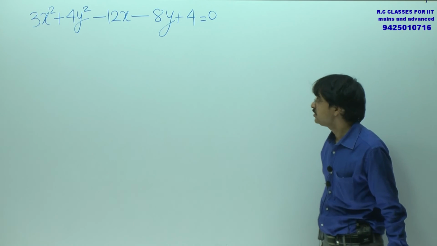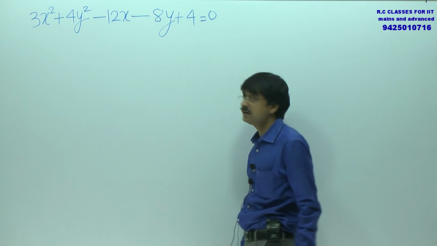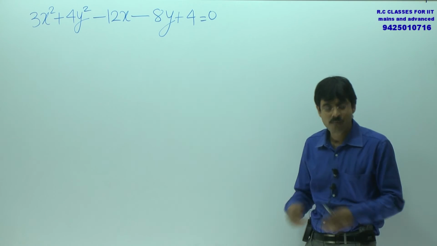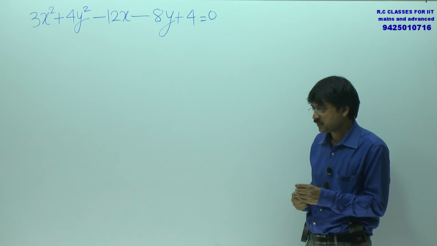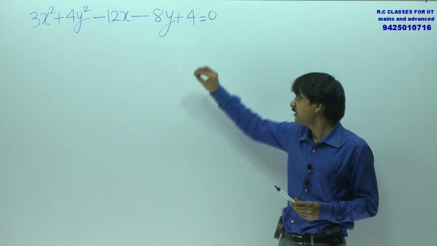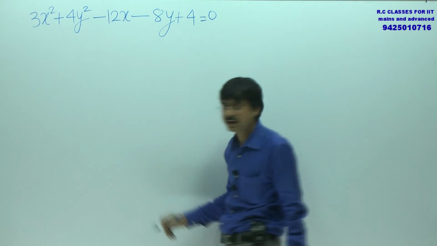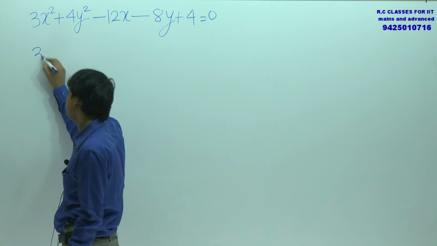So look for the equation of ellipse given as 3x square plus 4y square minus 12x minus 8y plus 4 equals to 0. And again you have to find out all relevant information with this ellipse. सबसे पहली बात है आप उसे स्टैंडर्ड फॉर्म में लेके आएंगे, और स्टैंडर्ड फॉर्म से मतलब हुआ